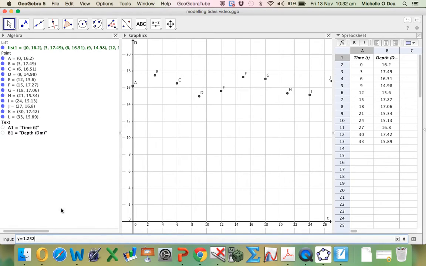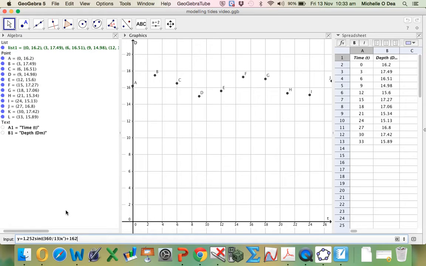1.252 sine. Make sure you put brackets after the sine. Now I left my b as a fraction, so I'm going to put this in brackets, 360, and you have to put it in as a divide, divided by 13, then in the next bracket, x. Now this is very important, you must put the degree symbol after the x, otherwise your graph will look very strange. And then I've got plus